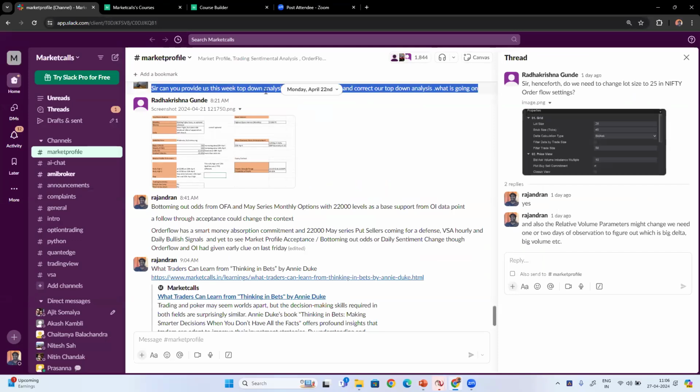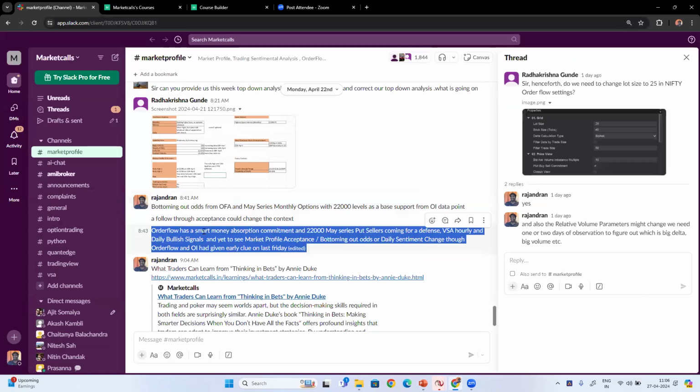So the people were asking, can you please provide this week's top-down analysis? What is your observation? So one of my observations is that there have been bottoming out odds from order flow analysis. So order flow has a smart money absorption commitment. So around last Friday, there has been, mostly in the second half,